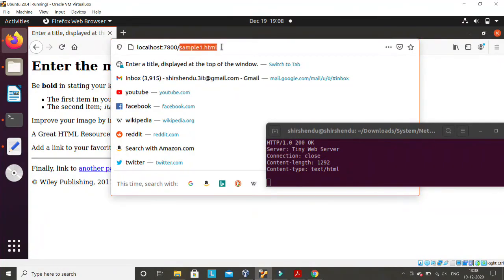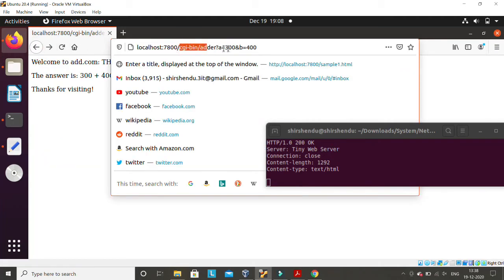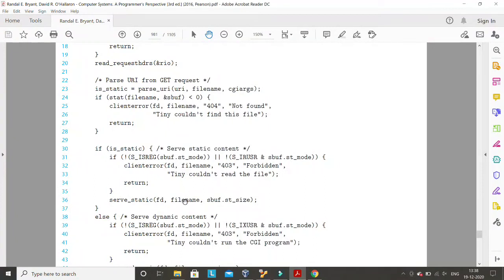From this URI part, it is easy to parse all these things. If I go for the previous one, then this complete thing is the URI. First of all, it will go for the CGI bin adder, and from this we can also parse these two values. So all these things are easy, and you will understand. You can find the file name, which file needs to be searched, and this is the size.